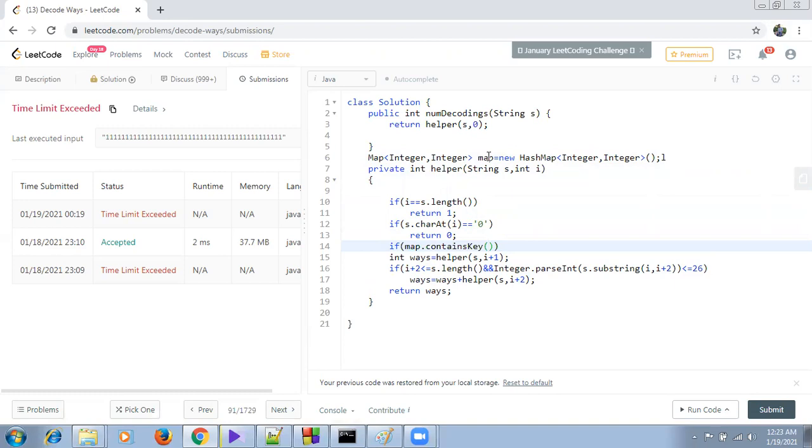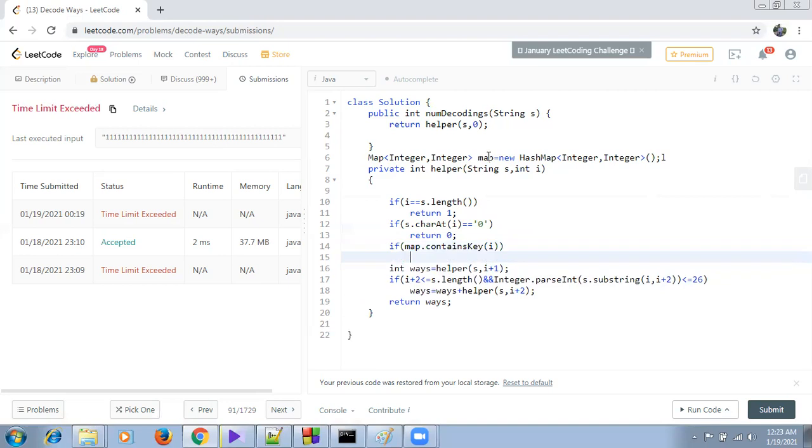If it contains it, then it will not make the recursive call, it will just return here. So it checks for I, and if it is contained, it returns map dot get, passing the key I.